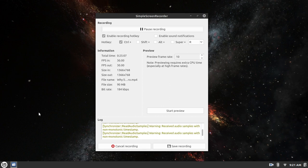DaVinci Resolve does make a Linux version, and I would like to see them by default support more distros, honestly, or at least make a Flatpak. But we could use some more software developers putting their stuff on here. I think that would greatly help out, especially games. The other problem is,